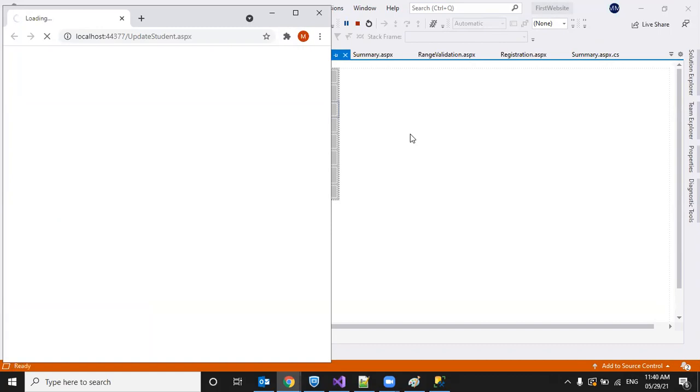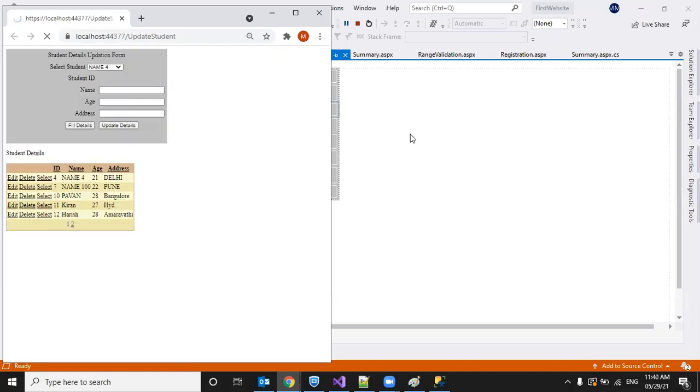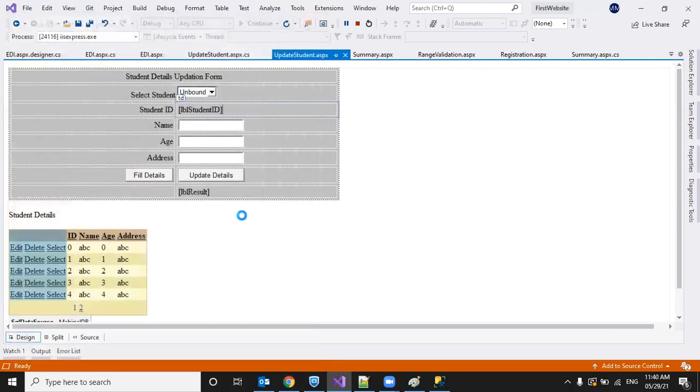Because the page size is 5 and there are only 6 records in total, it will display in two pages. In the first page we will have 5 rows, and in the second page we will have only 1 row. See, now it is displaying 5 records. When I click the second page, as there is only 1 record left, it will display that 1 record. So we did not write any code except setting the page size, right? This is one of the properties for pagination.